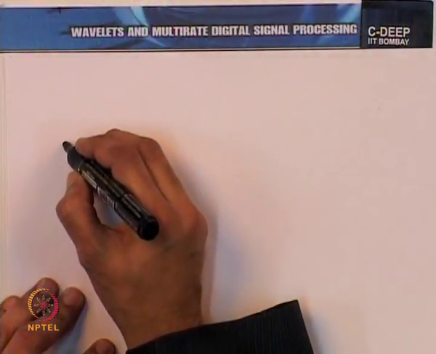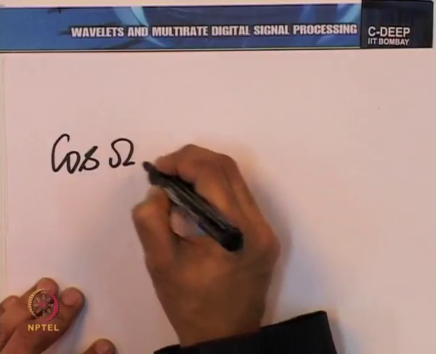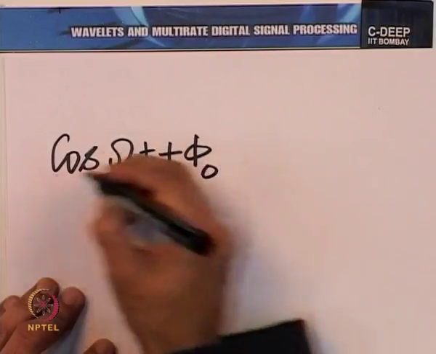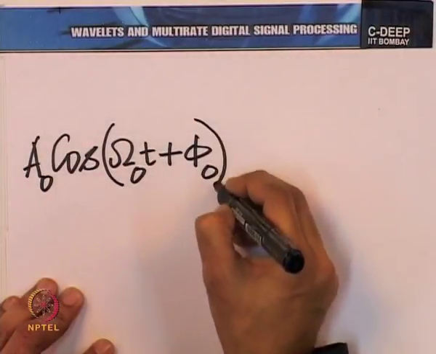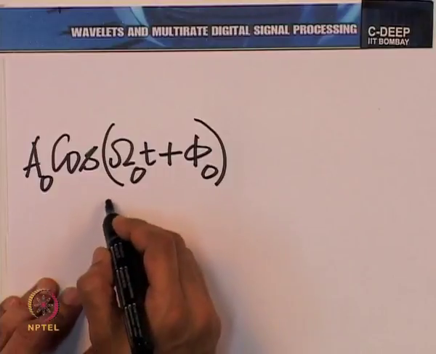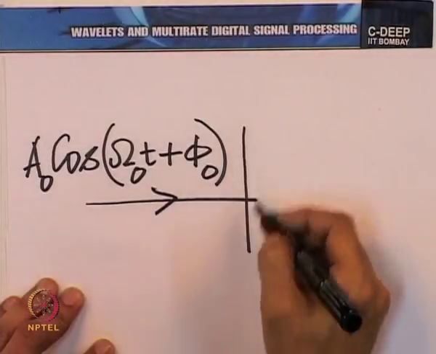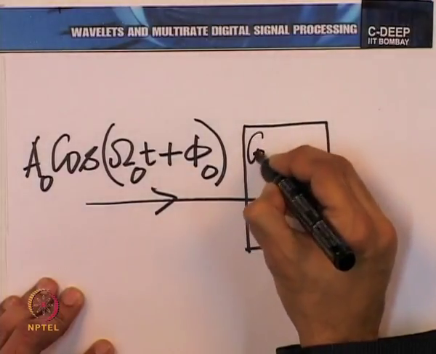Suppose we fed a sine wave, let us say a naught cos(omega naught t plus phi naught), so amplitude a naught, frequency capital omega naught, phase phi naught, to a continuous time filter